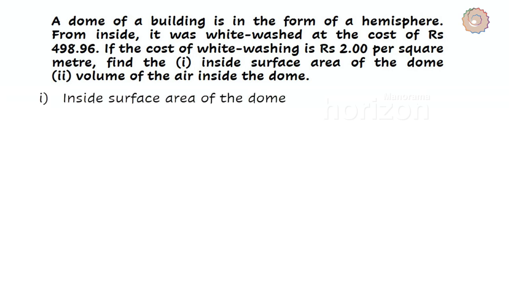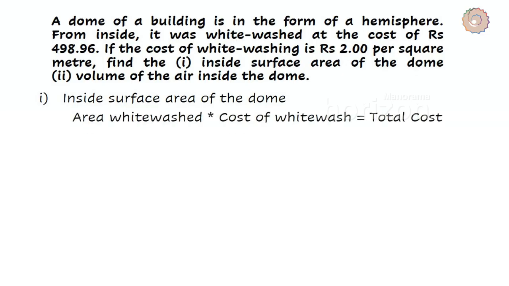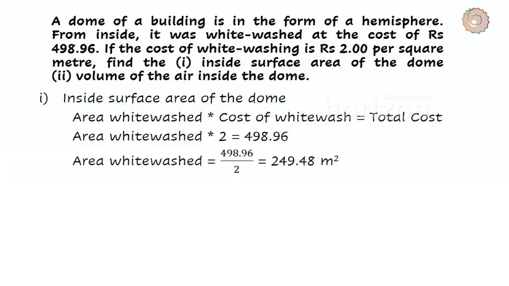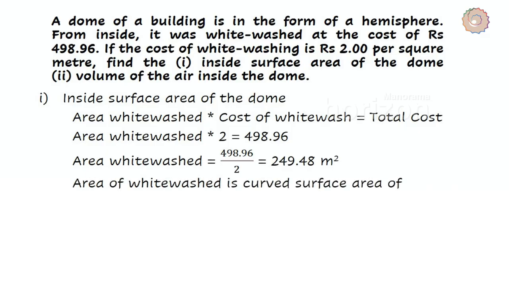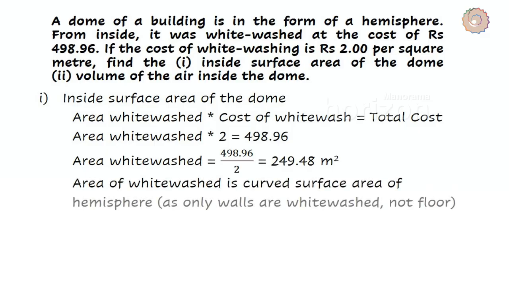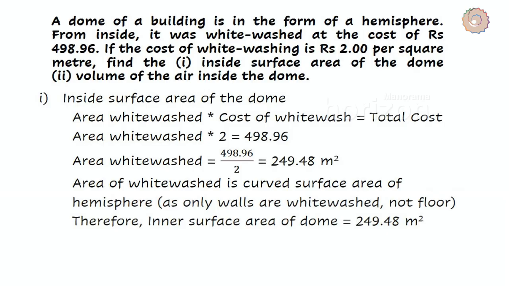So the first subpart is that inside surface area of the dome is to be found. That is, area whitewashed into cost of whitewash is equal to total cost. Therefore, area whitewashed into 2 is equal to 498.96. From this, we find area whitewashed is 249.48 meters square. Area whitewashed is the curved surface area of the hemisphere, as only walls are whitewashed, not the floor. Therefore, inner surface area of dome is